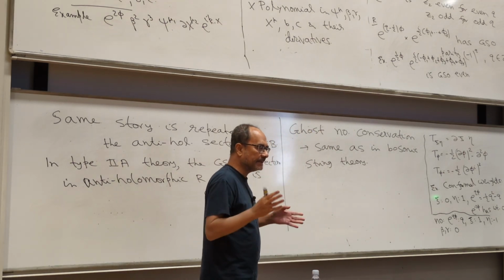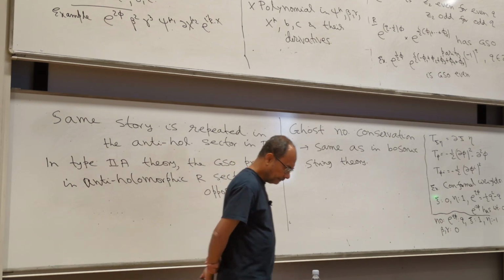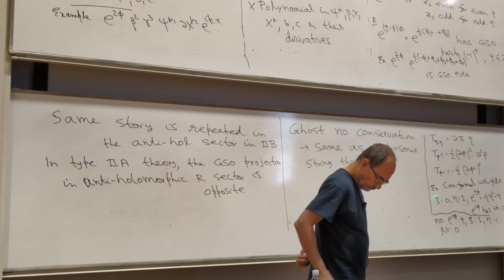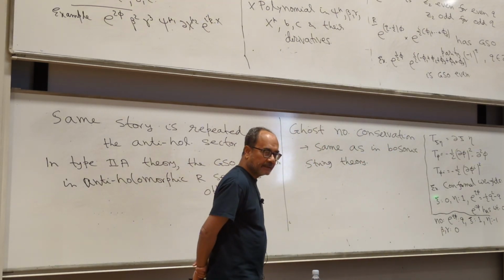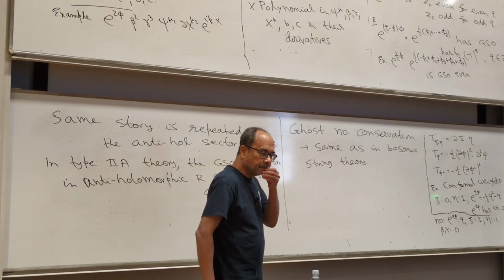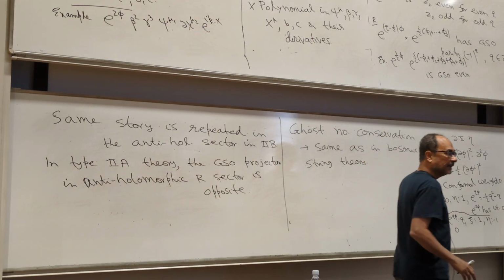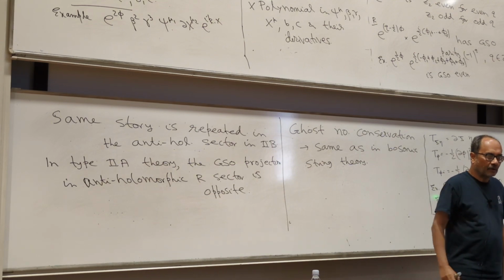Okay, so you need 3 c's and 3 c bars to get a non-zero correlation function. Picture number is a new object, right? So one has to understand what the picture number conservation looks like. Okay. And one can easily convince oneself that having no picture number in the conservation law is not a